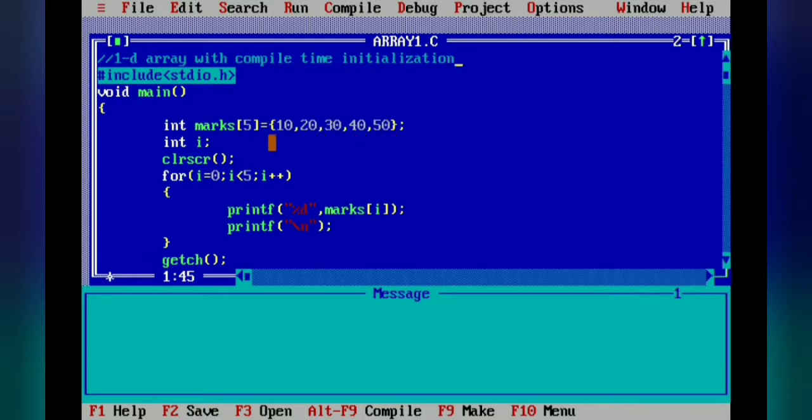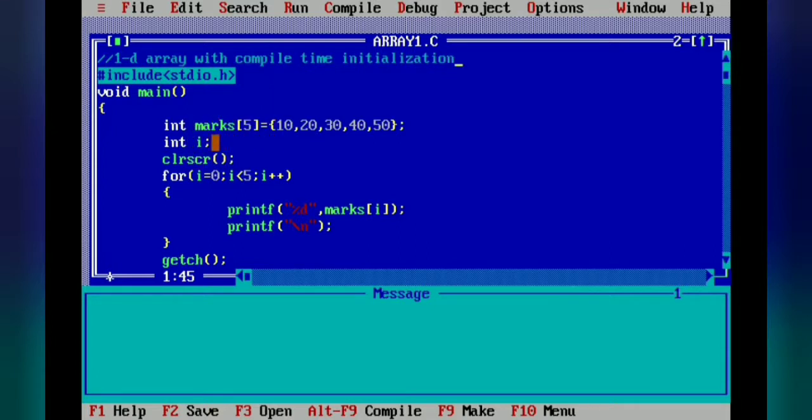And we have already discussed earlier that whenever we are creating the array variable, it will automatically create the index. So here the array size is 5, so the index numbers begin from 0. So here 5 variables are there of marks, but they are grouped together as an array variable.